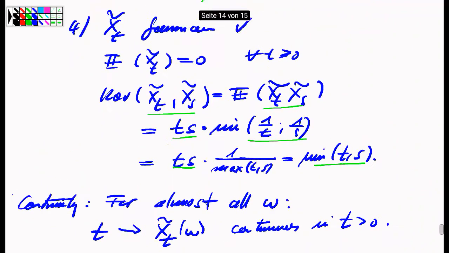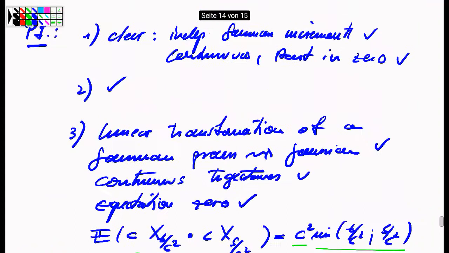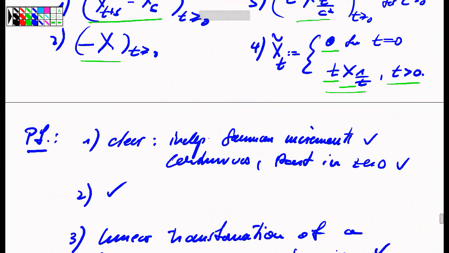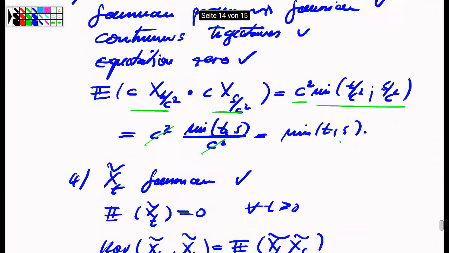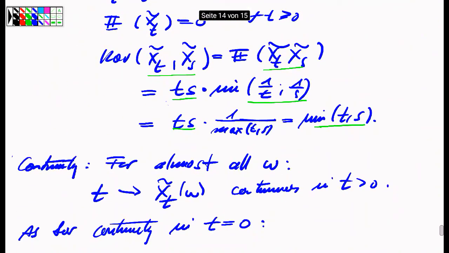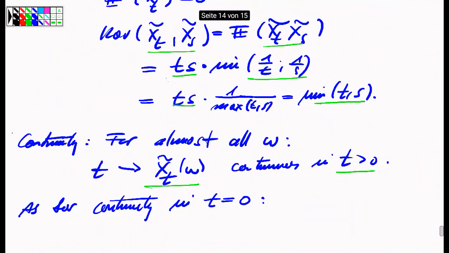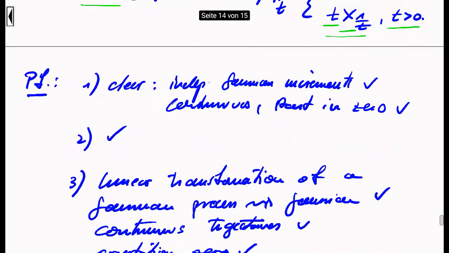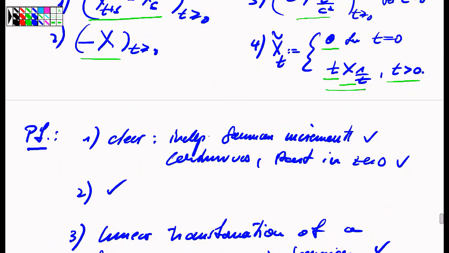By construction of the trajectories x_t tilde for t positive and the continuity of the initial process x, we see that the trajectories of x_t tilde are continuous in all times t strictly bigger than 0. What needs to be checked is the continuity of this x tilde process at t equals 0, which is initially, at the beginning, not at all evident,